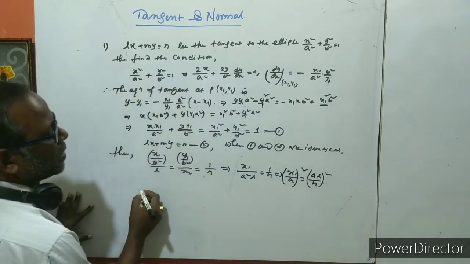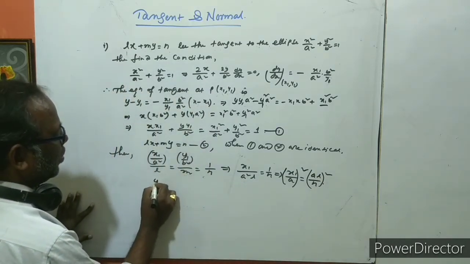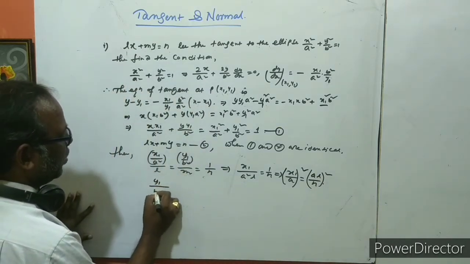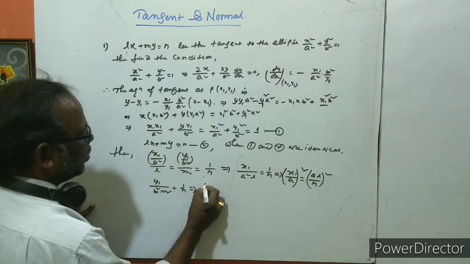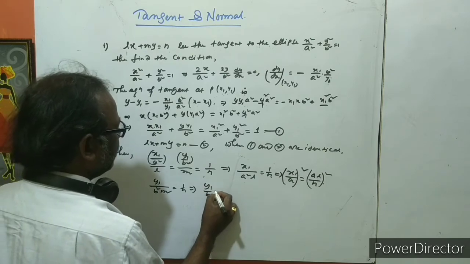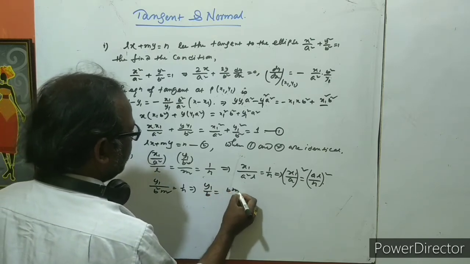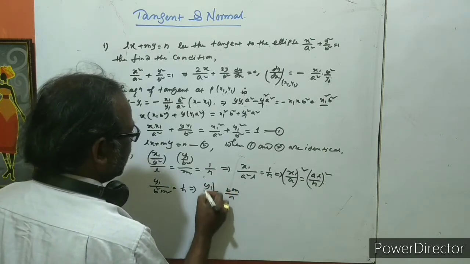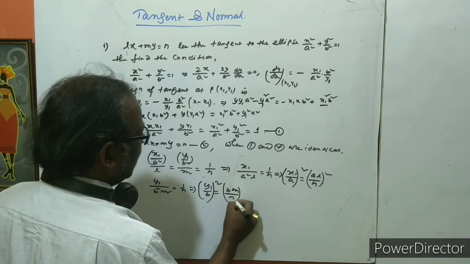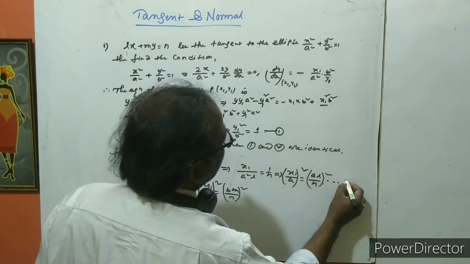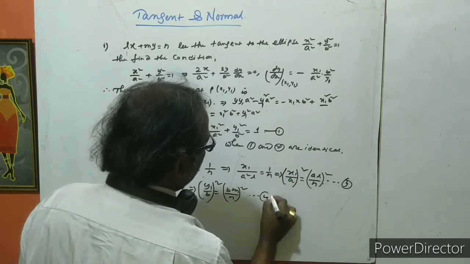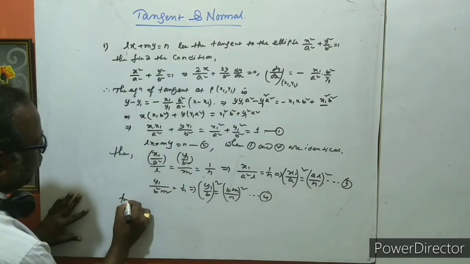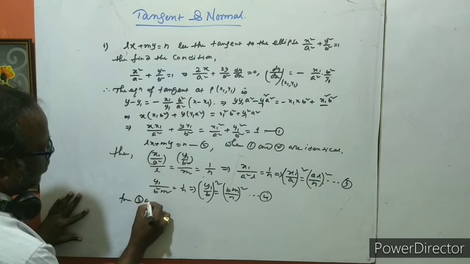Same as from this, y1 by b square m is equal to 1 by n, so y1 by b is bm by n. This is 4. So squaring both sides and adding from 3 and 4,